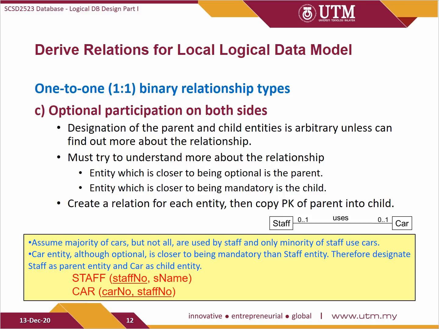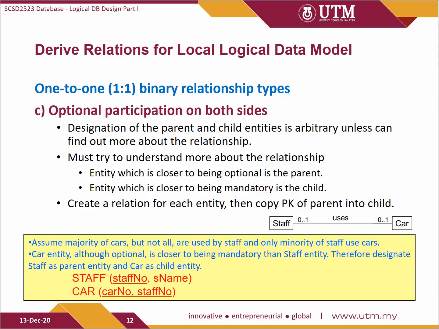So, we must try to understand more about the relationship, such as entity which is closer to being optional is the parent, and entity which is closer to being mandatory is the child. Next, we create a relation for each entity, then copy primary key of parent entity into the relation representing child entity to act